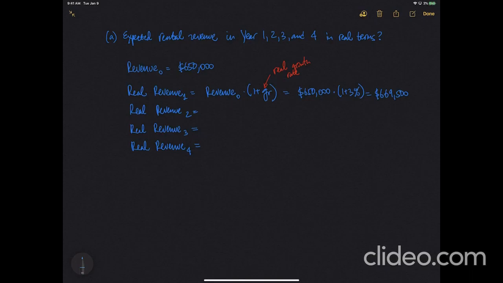Now, suppose that a real annual growth rate of 3% will continue over the next 4 years. The inflation is also expected to remain at 2.5% over the next 4 years. Assume that the appropriate real discount rate is 3%. What is your expected rental revenue in year 1, 2, 3, and 4 in real terms? Let us solve this question. We already found what the real revenue in year 1 is, which is our current revenue, $650,000, multiplied by 1 plus real growth rate, which is 3%, which gives us